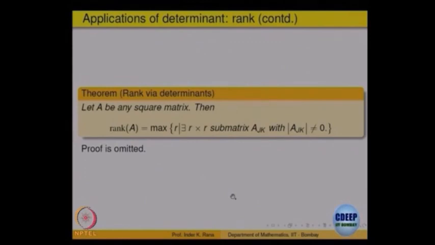So, here is another theorem which we will not prove, namely that the rank is also related to the determinant. You are given an n cross n matrix. You can form submatrices of lower order. Either the determinant of the whole matrix is not equal to 0, and what does that say? Determinant not equal to 0 means the matrix is invertible and the rank is full; or the determinant is 0, so the matrix is not invertible. Now, look at the submatrices of order n minus 1 cross n minus 1. There are many possibilities of submatrices.